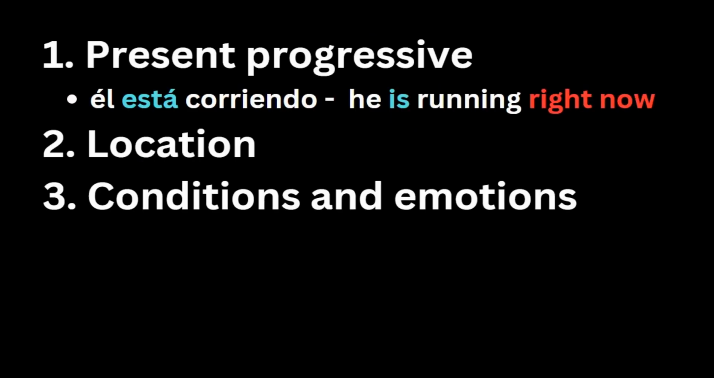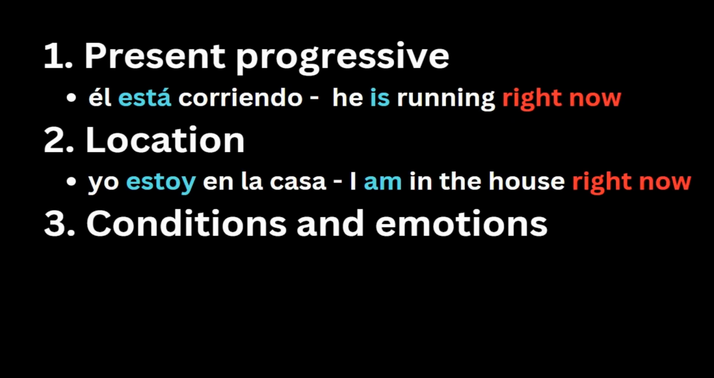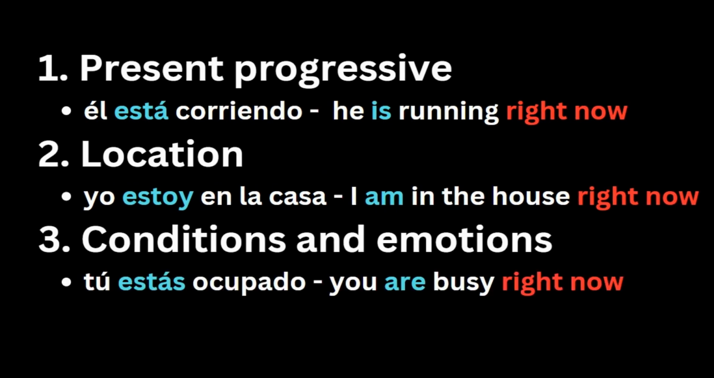By saying él está corriendo, I'm saying that he is running right now, but he will not be running in the future. By saying yo estoy en la casa, I'm saying that I'm in the house right now, but I will not be in the future. By saying tú estás ocupado, I'm saying that you are busy right now, but you will not be in the future. When you really think about it, it makes sense why Spanish has two verbs for being or to be,